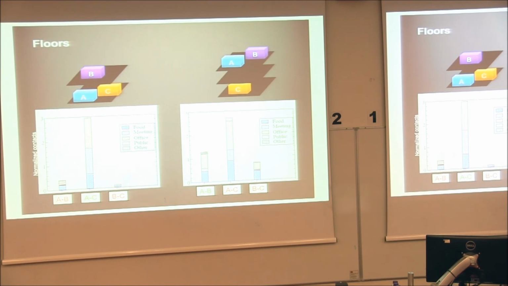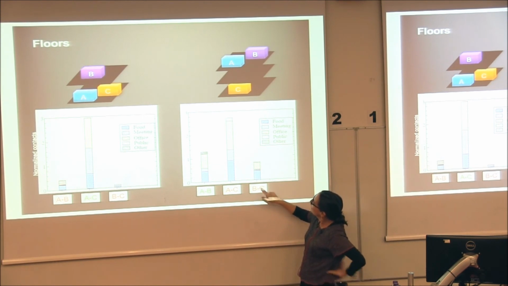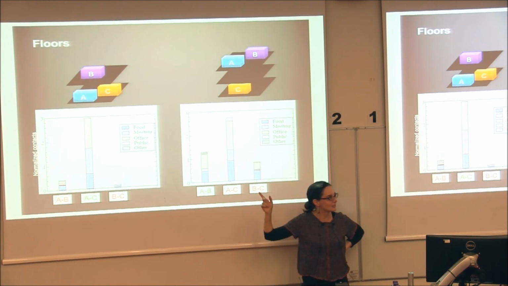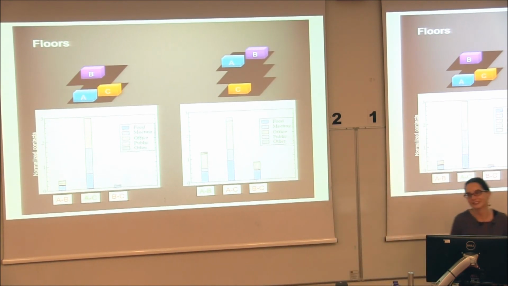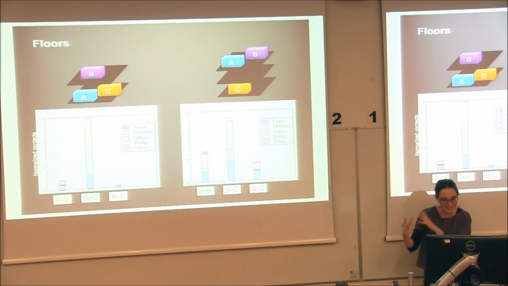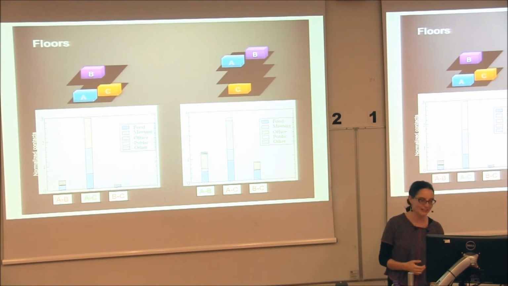But why would you have this? Well, you would have that because you have B and C. People from C had to go to the A floor to meet the A researchers. And as a consequence, they were meeting the B researchers as well. So it all kind of had an explanation, but it was interesting to see it in the data. And we like the fact that this data,